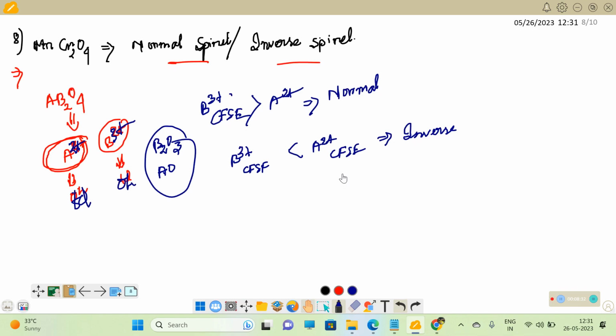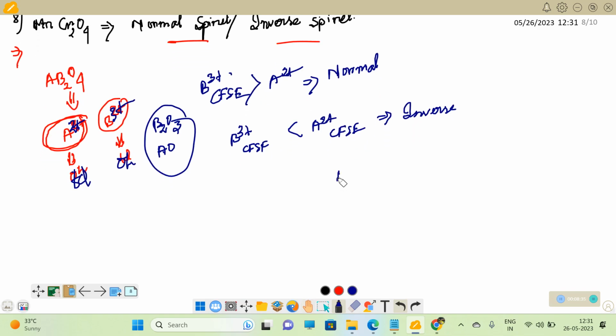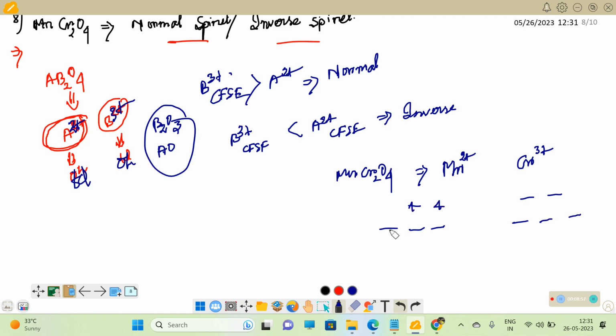So for this, here MnCr2O4 complex is present, means spinel is present, that is Mn2+ and Cr3+. We have to see the configuration and we have to calculate the CFSE and compare the CFSE. So for Mn2+, it is a d5 system,